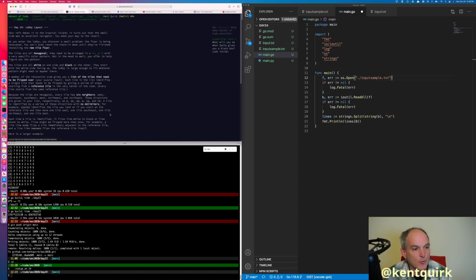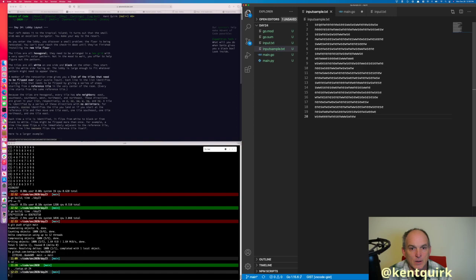Now, what they've done here with these files is they have just lumped the directions together. So we have to decide: southeast is a valid direction, northwest is a valid direction, so are east and west. But if we see an N, we know it has to be followed by either a W or an E, so we can group those things together. So the easiest way to parse this,